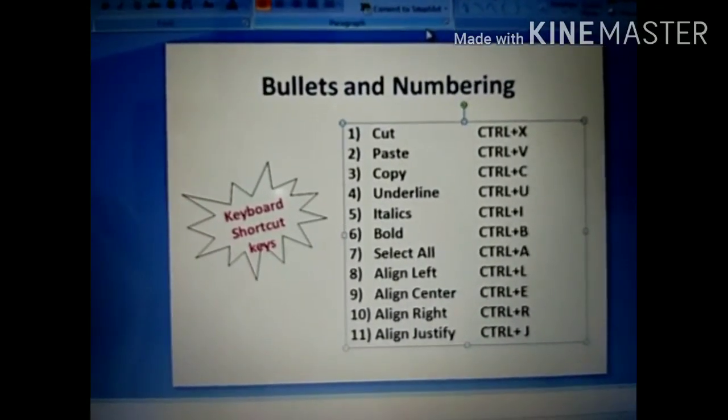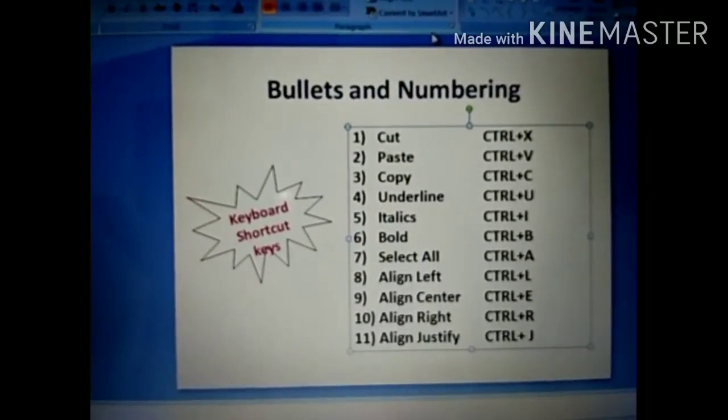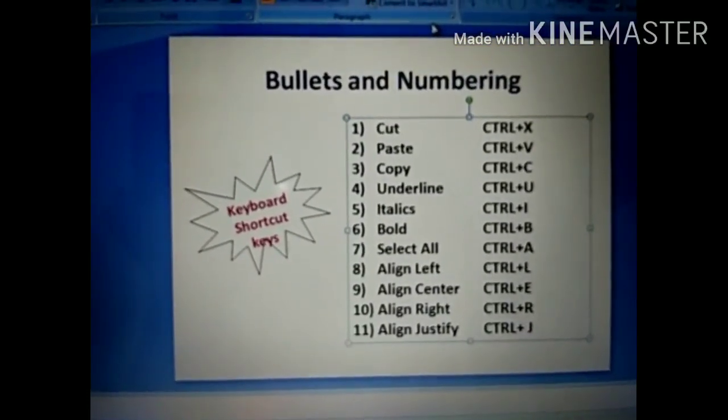Now let us revise. Here quick keyboard shortcut keys are given that you have to remember.